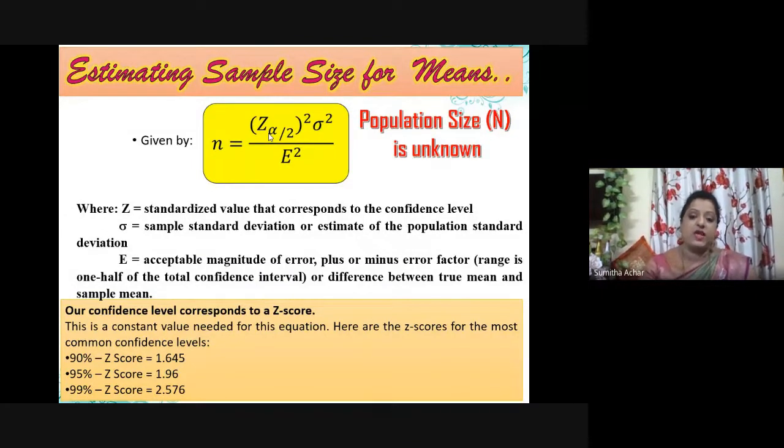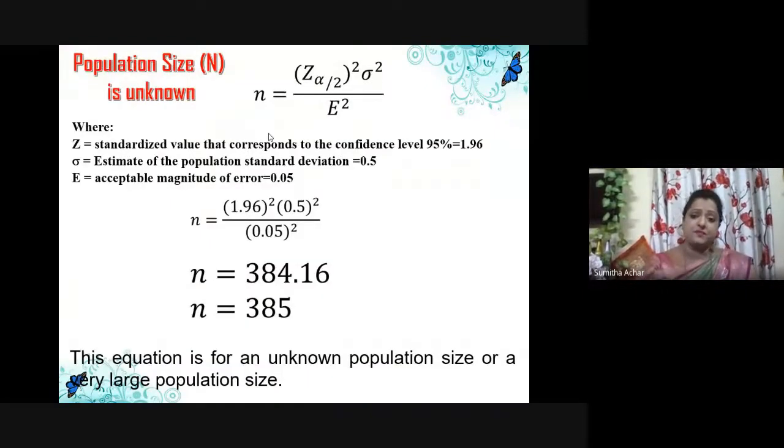So sigma square, since it's an infinite population, I'm making an assumption that I know 50% of the information, so 0.50. Error, we take 5%, so it is 0.05. Sometimes people want to have a confidence, but the margin of error to be lower. In those cases, you can take 3% or 2% allowable, right? So if I'm applying this, what is the formula? You can take a screenshot of this. It's 1.96 the whole square into 0.5 square divided by 0.05 square.